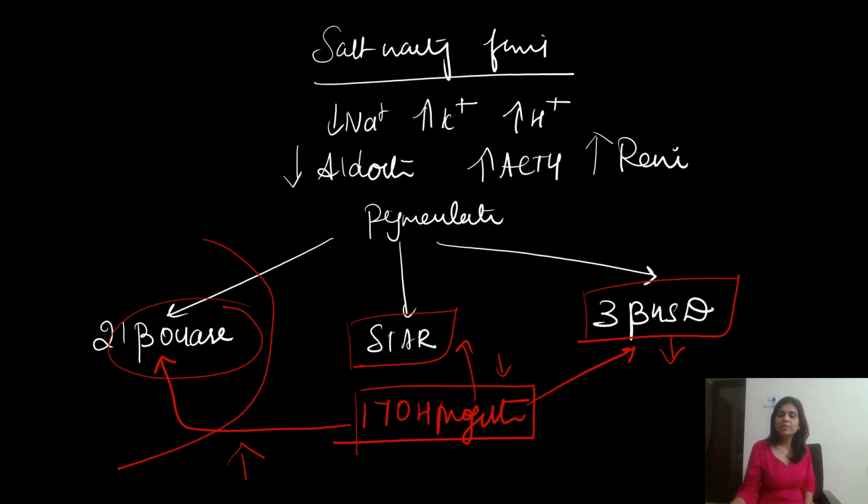But how will you differentiate StAR protein defect from 3-beta hydroxysteroid dehydrogenase defect? Because the presentation in both cases would be the same. The presentation would not be only in the neonatal period. It will take a few months or even a few years for these 2 conditions to present. And when it presents, it will be classically the salt wasting form, and blood parameters will almost be similar in both cases. So how do you differentiate these 2 conditions?